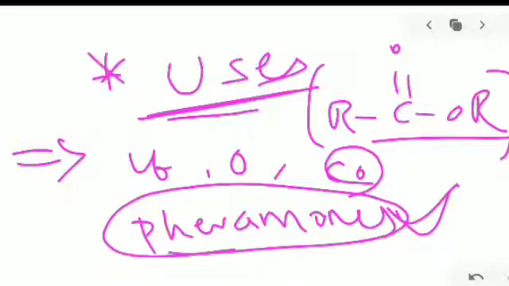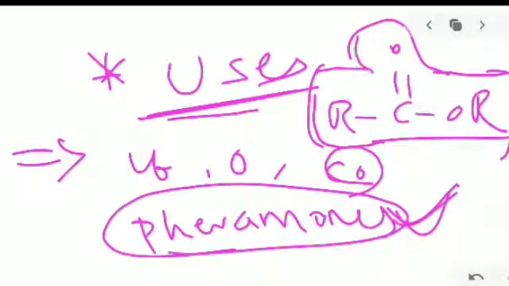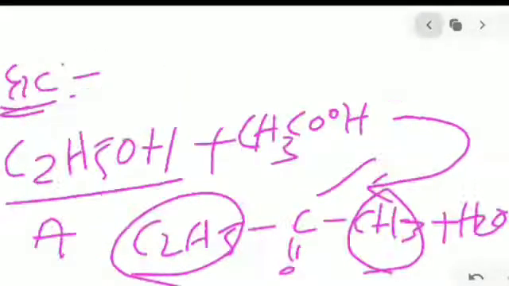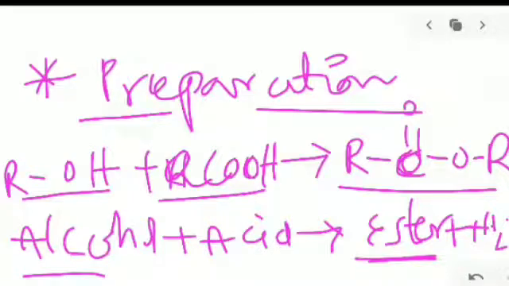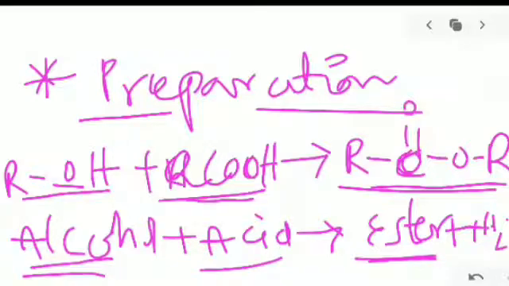Mostly esters are naturally used in pheromones, right? And esters are organic solvents. Ethers and esters are organic solvents, in liquid or gaseous form. So this is today's class, where we are seeing uses of esters. Next, preparation methods from benzoic acid and ethanol. From alcohols and acids we can derive esters. This is the esterification process, right? In a preparation from alcohols and carboxylic acids, we get esters. This process is called esterification.